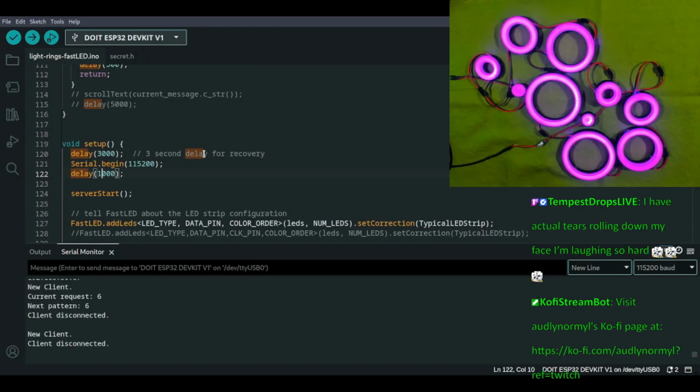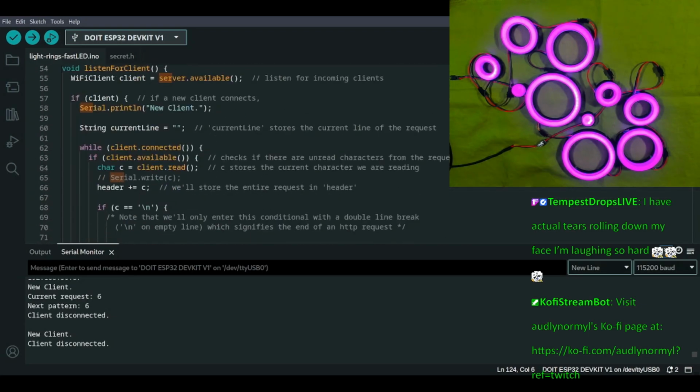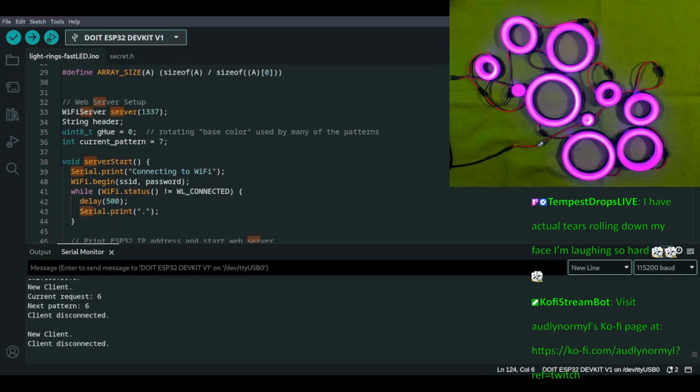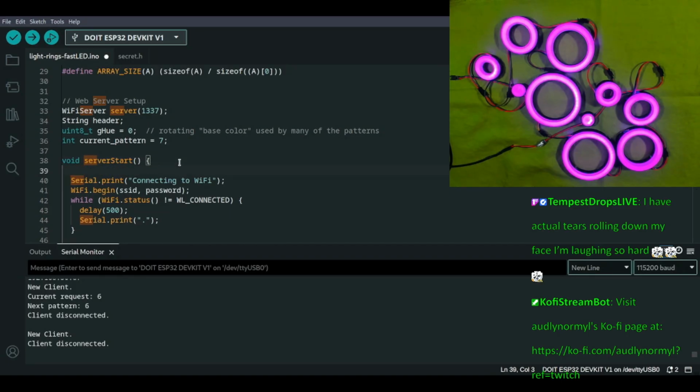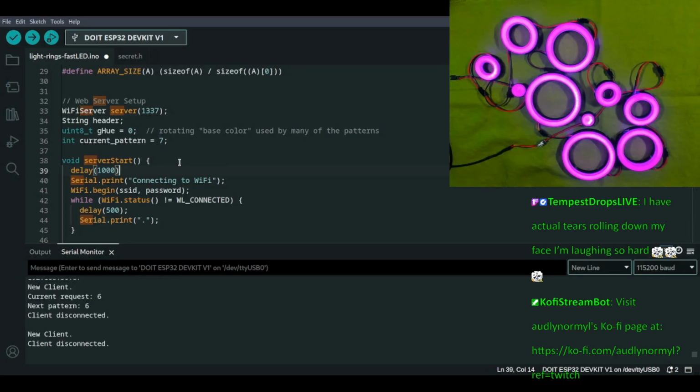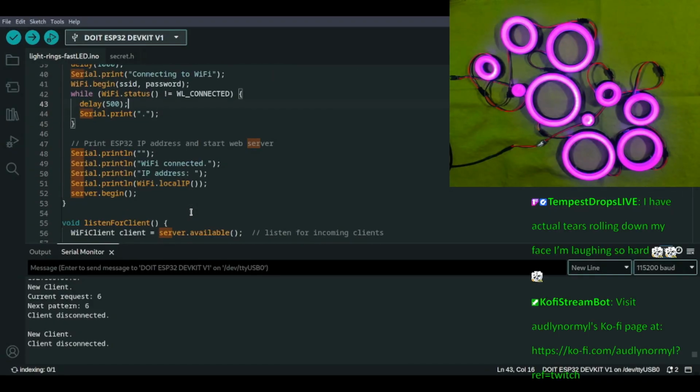Maybe it's in the server start, which is at the very top. Yeah, it's right before that, line 39. So let me just put a delay in. Just give it literally 1 second to sort of figure itself out. I think that's fair.